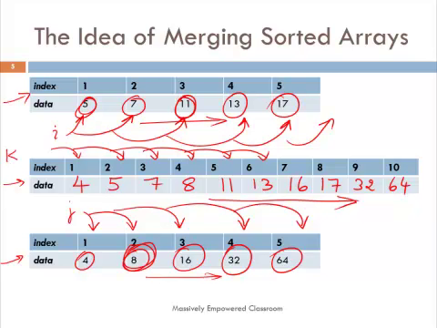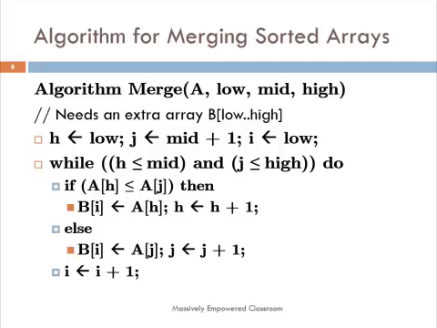So you either advance i or j. In each case, we copy that element to the new array and we advance the pointer or the index into the new array. So by having this additional space, I am able to merge the given two arrays to obtain a larger array. Right? So this algorithm, if we write it in proper pseudocode, algorithm merge takes an array A